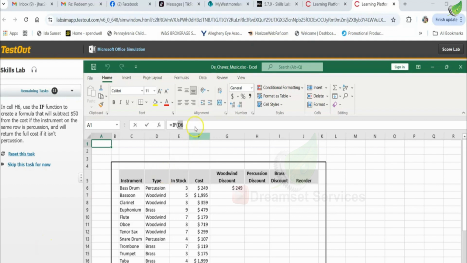Right, so in this one, you're actually going to put in an IF function. So we're going to go to cell H6, and you're going to start with equals IF, and then we're going to hit tab, which will give you the parentheses, and we're going to click on this cell, and then what you're going to do is D6,